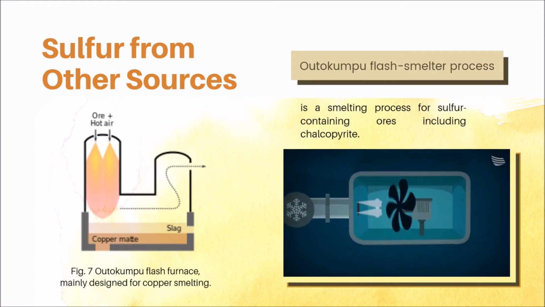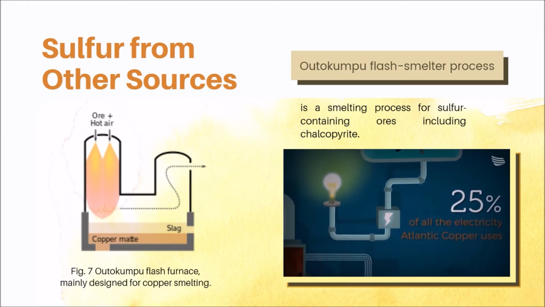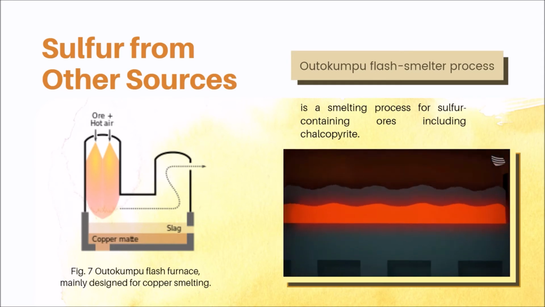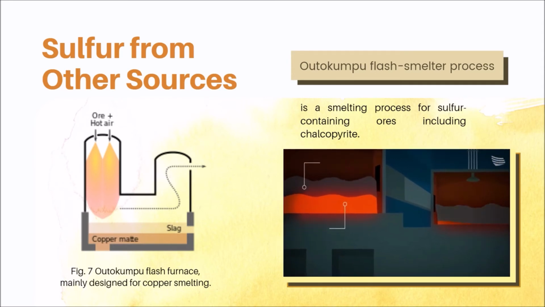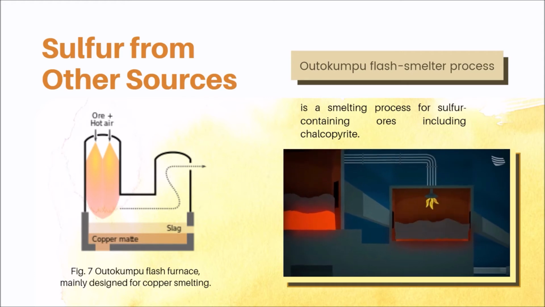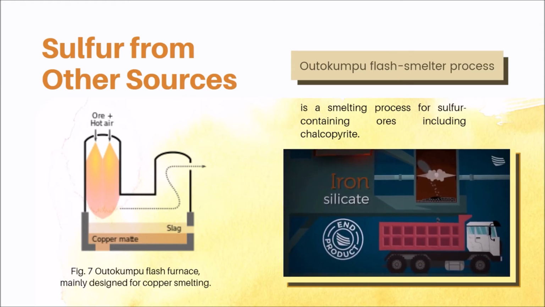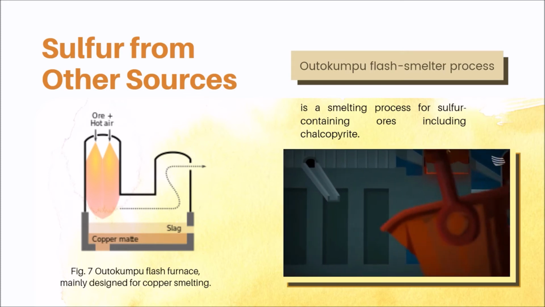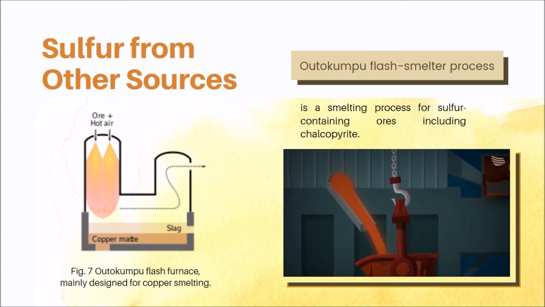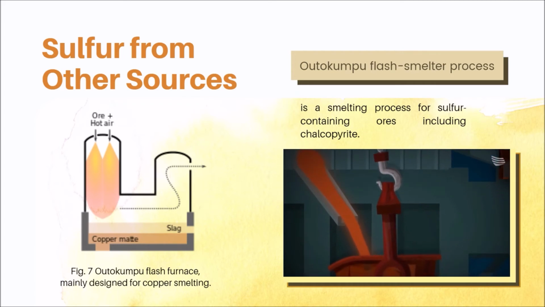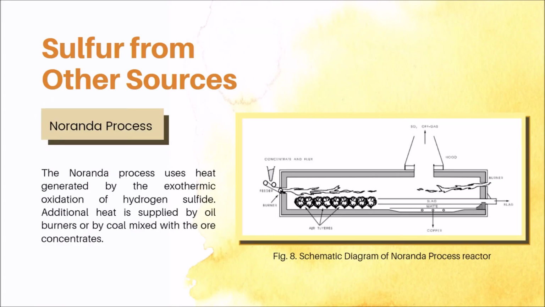The concentrate must be dried before it is injected into the furnaces, and in the case of the Outokumpu process, some of the furnaces use an optional heater to warm the reaction gas, typically from 100 to 450 degrees Celsius. The reactions in the flash melting furnaces produce copper matte, iron oxide, and sulfur dioxide. The Noranda process, as originally designed, allowed the continuous production of blister copper in a single vessel by effectively combining roasting, smelting, and converting into one operation.